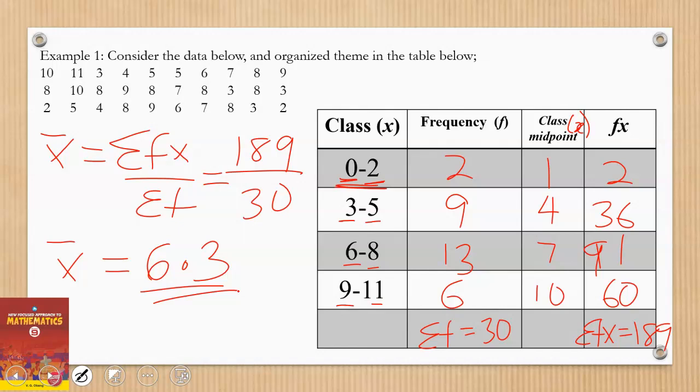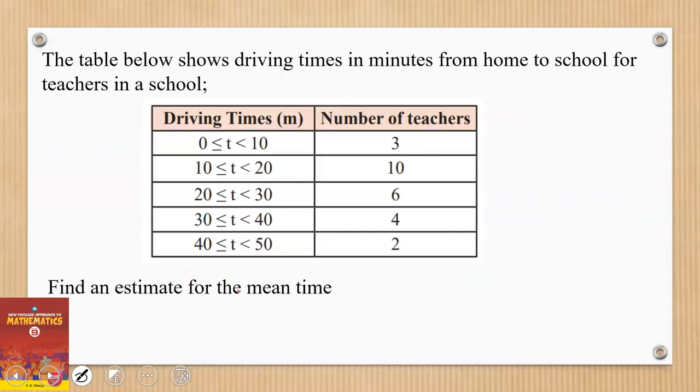Let's take another example and see. This time around, the question has already been given to us in table form. The table shows driving times in minutes from home to school for teachers in a school. We have to estimate the mean time. To do that, we need to know our f and our x, and then we do the summation of fx divided by the sum of f. The f has been given, so we need our x. For that matter, we have to create